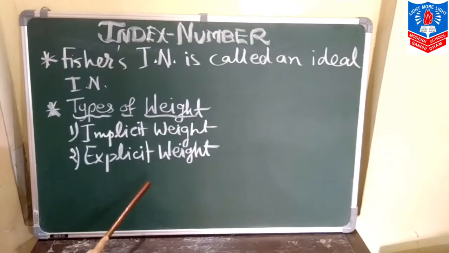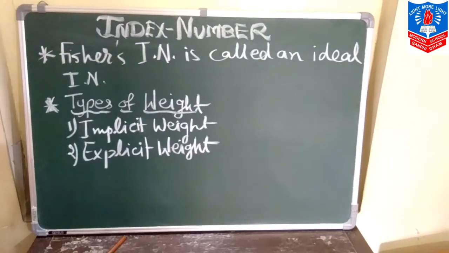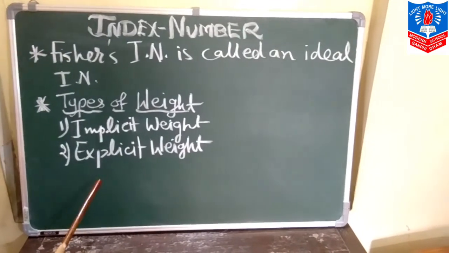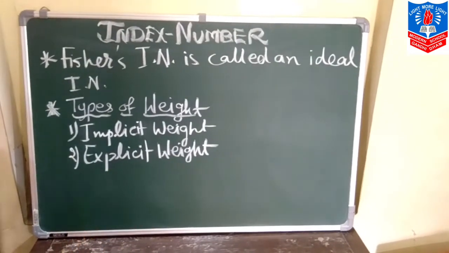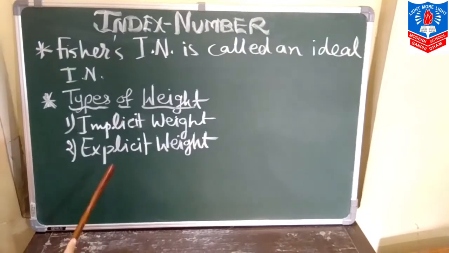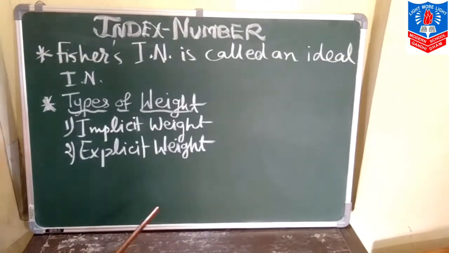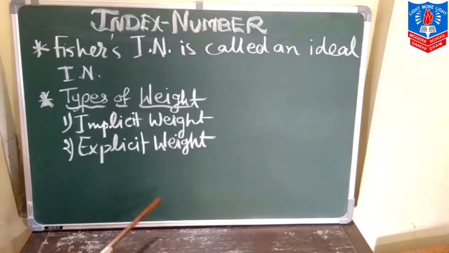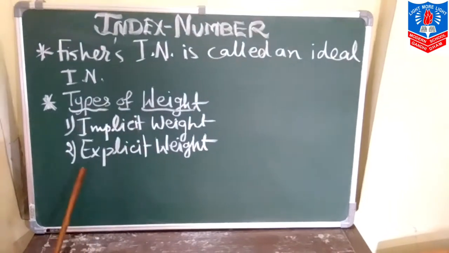While explicit weight is a direct method of assigning weights, so it is known as direct weight also. The weights of items are expressed numerically in proportion to their importance. In this method, the weights of items are determined according to consumption, sale, production, or the expenditure on that item. So we can say that weights given according to the importance of the item are called explicit weight.